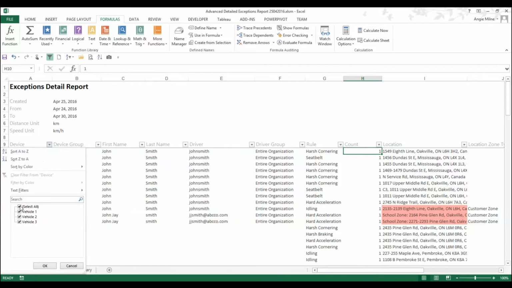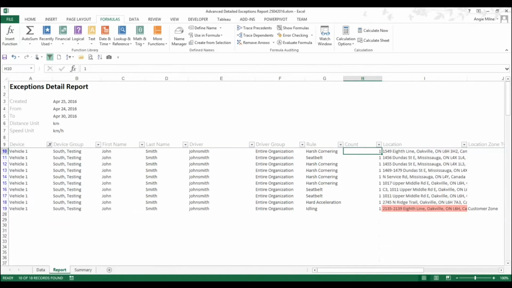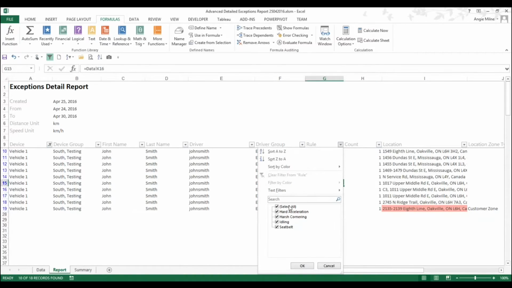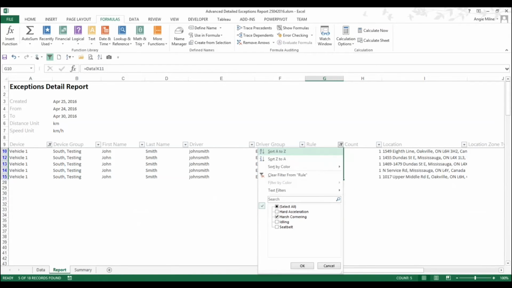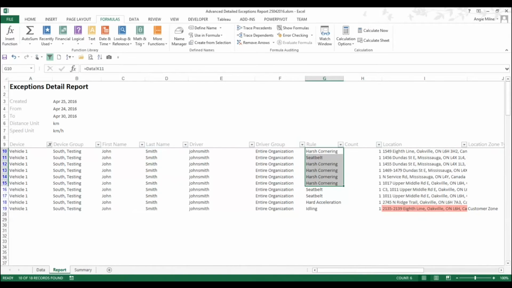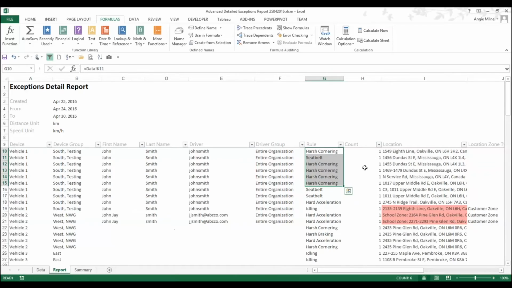I can filter by vehicle 1, and I can filter by harsh cornering only. And it looks like 5 times, and I've got a count of 5 times. So that is our incident count. Now that was using the count column,